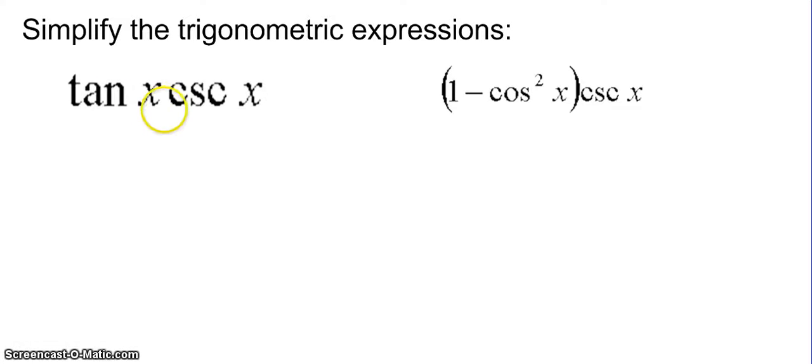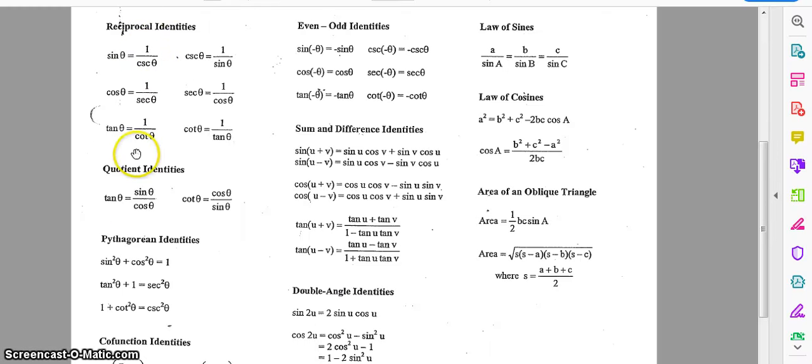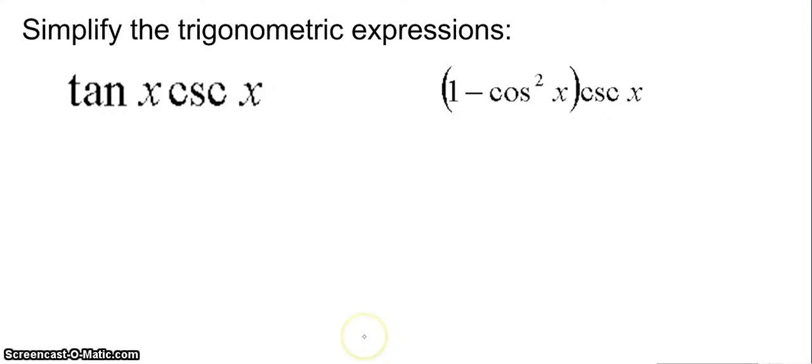So here I have tangent of x times cosecant of x. How can I simplify that? That seems pretty simple already, right? It's one term, it's just two different trig functions multiplied together. How can that get much simpler? But wait, it can. So my first thought process is, is there a relationship from the identities I know, and right now we're just focusing on the reciprocal, the quotient, the Pythagorean identities. So do I see one of these that has tangent and cosecant in it together? I don't. So what that tells me is, well, a big hint would be to use my quotient identity,